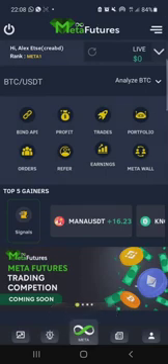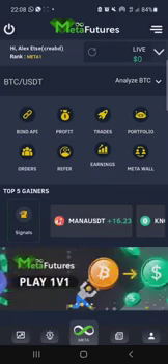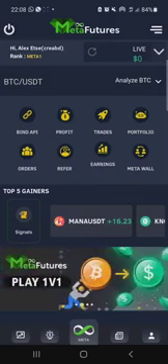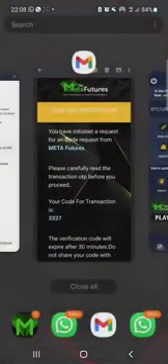So we've bound it. The next step we need to do immediately is to move money from whatever wallet, be it spot, be it funding. We need to move it to futures. Okay, so at this point in time,